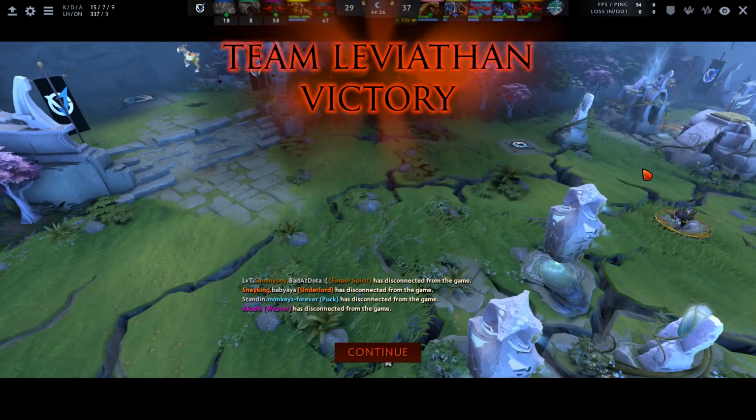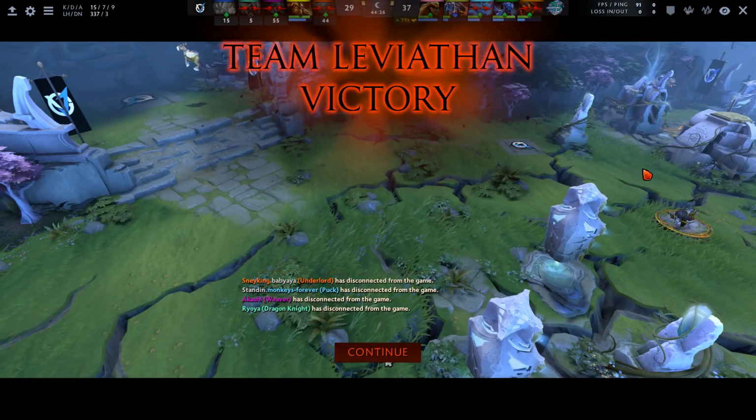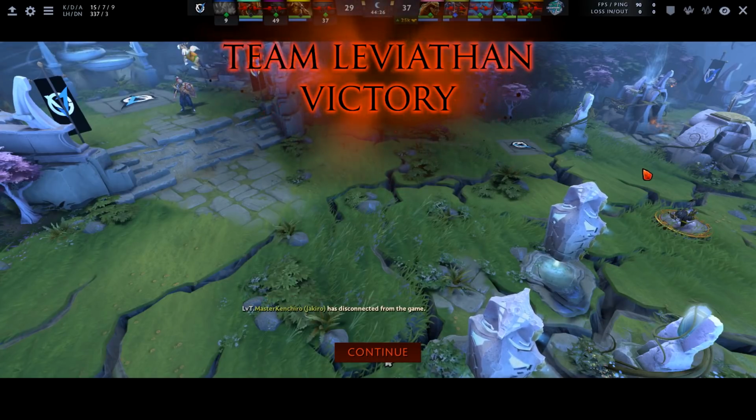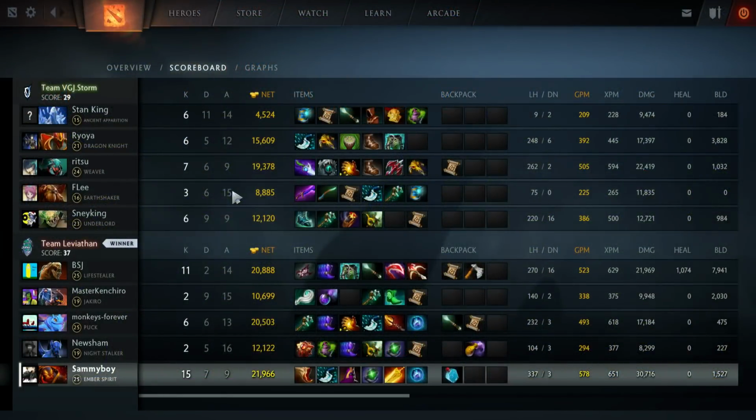In general, my game plan this game was just to constantly split push the map whenever I saw the Earthshaker and constantly create pressure. We had great pick-off potential with our Night Stalker, our Puck, and our Lifestealer, and we also had pretty good split push potential and high ground potential with our Jakiro. This means that my job in general was just to try to create as much space on the map by